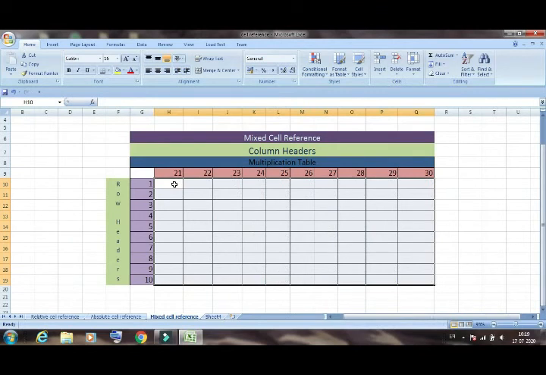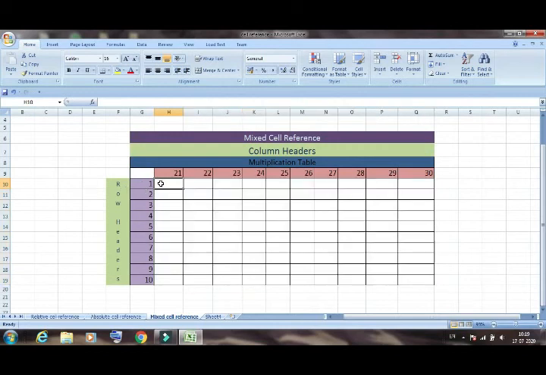Then we will apply the formula. First we will create this 21 table. First we will find the cell address of this cell. This column is H and the row number is 9. And what is the cell address of this one? Here the column is G and the row is 10. So we will click this cell and type equal to. First we will write the cell address of this cell, G1. So here we will simply write G1.